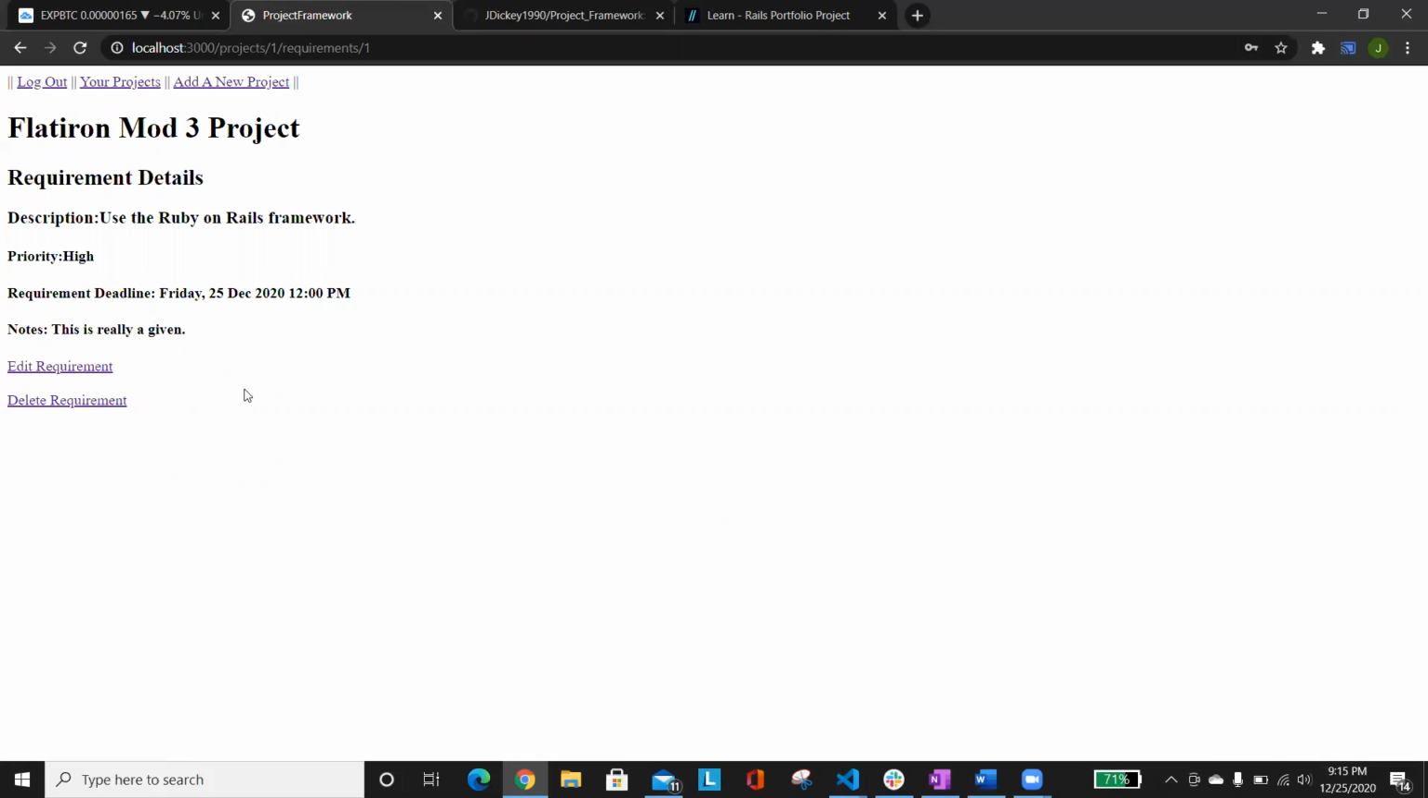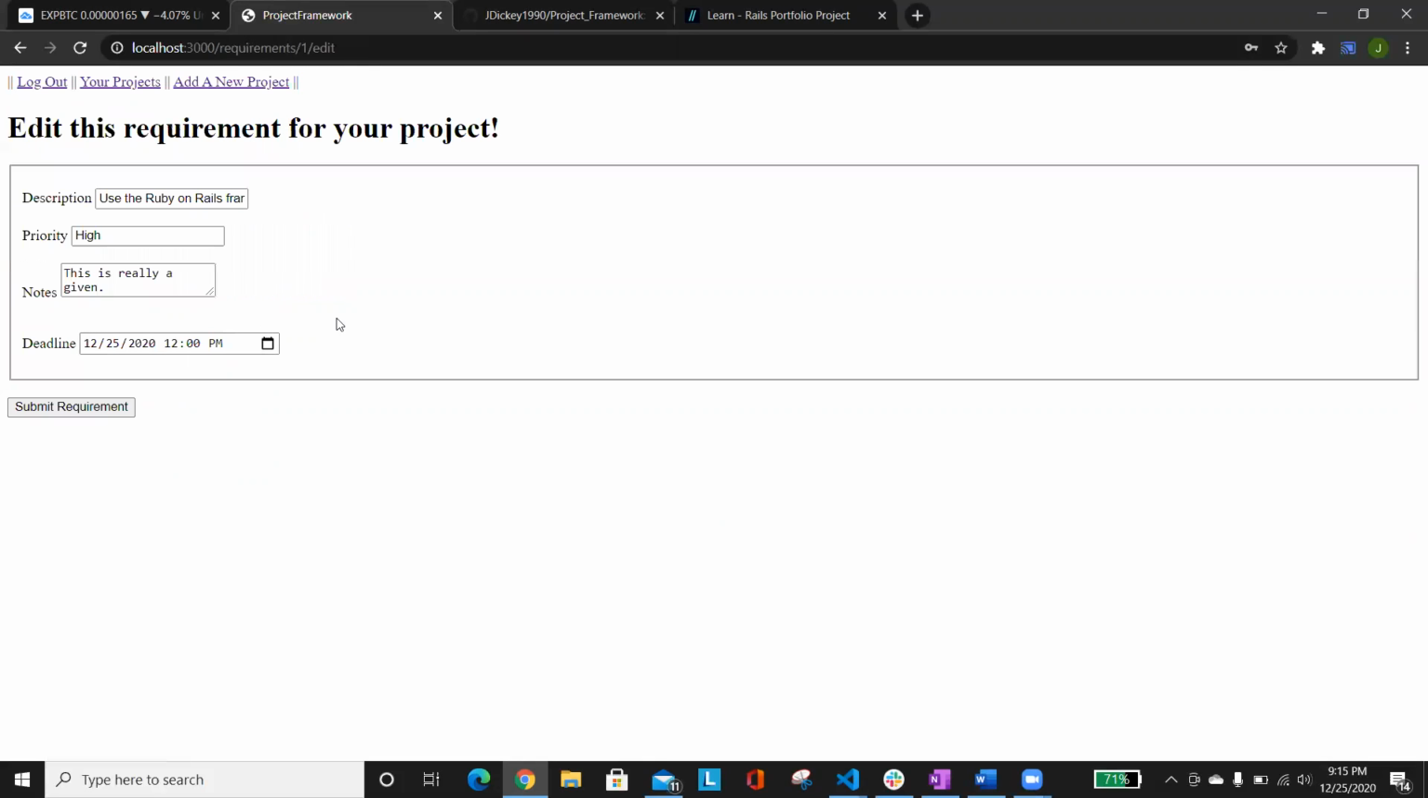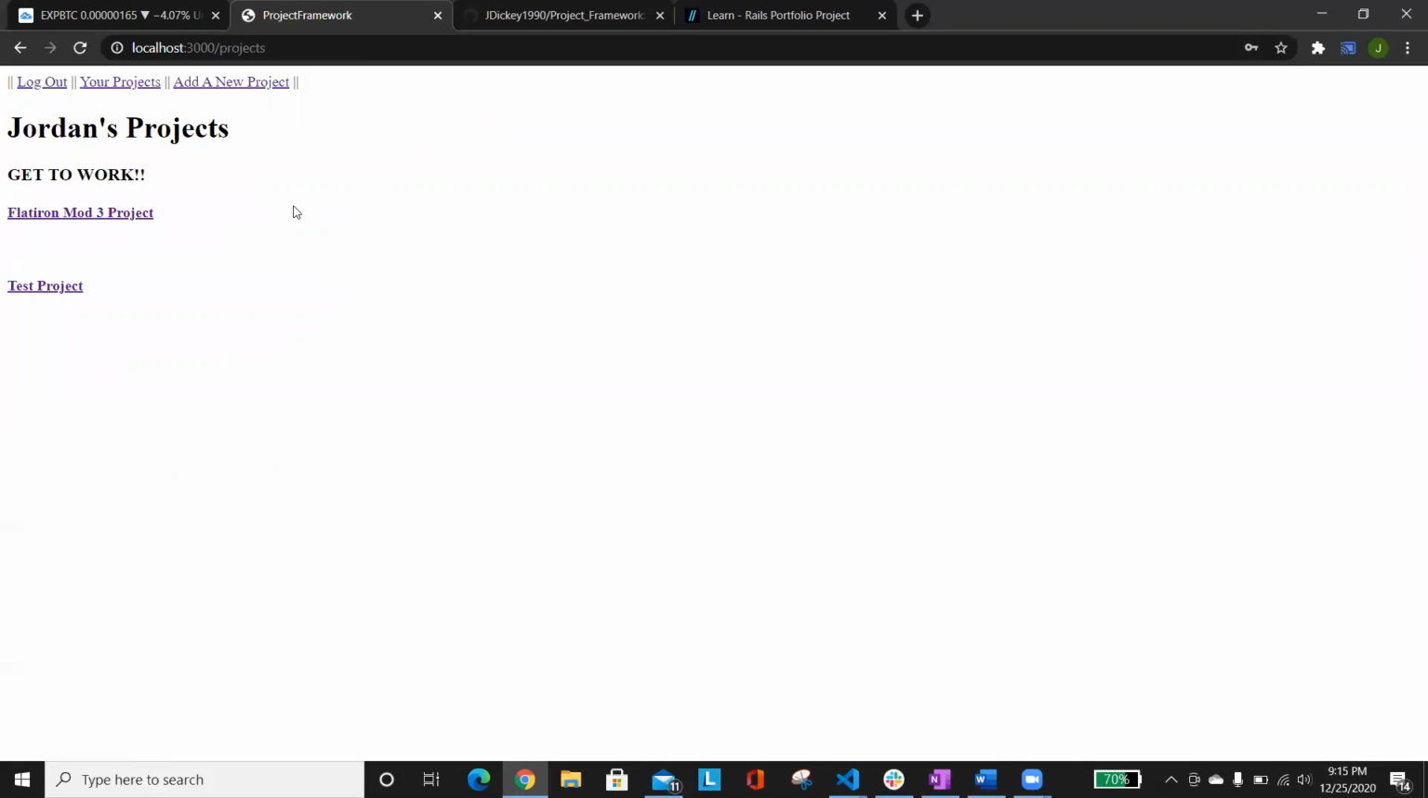Full CRUD is available for requirements and projects in this application. So a user has the ability to delete, edit, and then we've already seen a show for read. So here's the edit form pre-populated with the different pieces of the requirement. So if you go back to your projects and your project index,